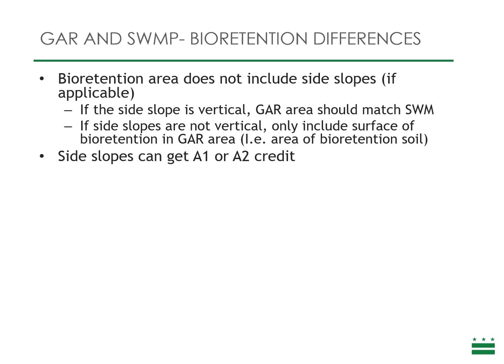For bioretentions in green area ratio and stormwater management, there are some differences in how they are measured. For stormwater, the area of bioretention is at the top of ponding. For GAR, it is at the surface of the bioretention. In other words, only the area with bioretention media gets that A3 credit. If there are side slopes, then that can get A1 or A2 credit. So if you have vertical side slopes in your bioretention, say it has concrete walls, then GAR and stormwater management